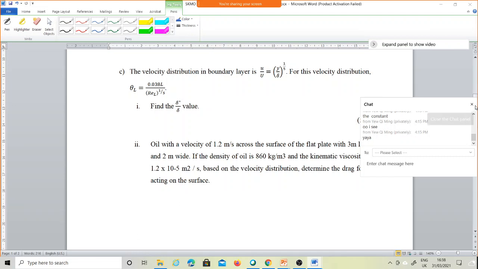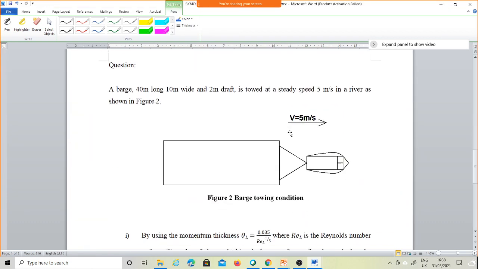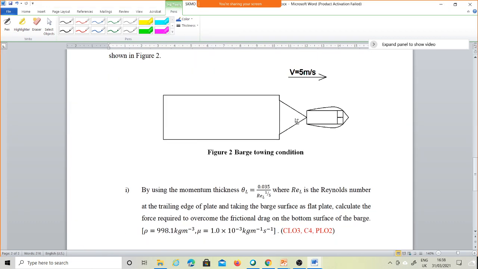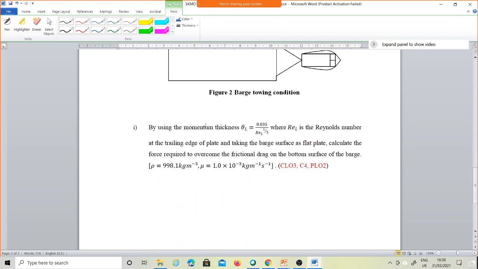Okay, so this is a type of problem that you can get. Others like this also have one problem, but it's a different type. A barge 40 meter long and 2 meter draft is towed at a speed of 5 meter per second in a river as shown in figure 2. By using the momentum thickness theta L already given, where REL is the Reynolds number at the trailing edge of the plate, and taking the barge surface as a flat plate, calculate the force required to overcome the